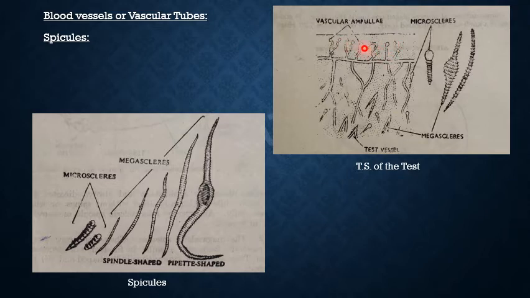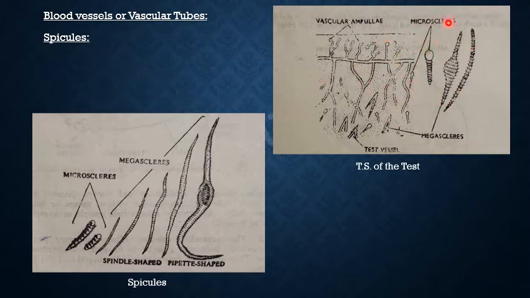So these ampullae have 2 important functions. They are respiratory and they are also tactile in function. They act as receptor organs because they are situated very near the surface of the test. So this finishes the 3rd material embedded in the test, the blood vessels or vascular tubes. Now we come to the 4th material, which is the spicules. And these spicules are very important structures in Herdmania as they have numerous functions to tend to.